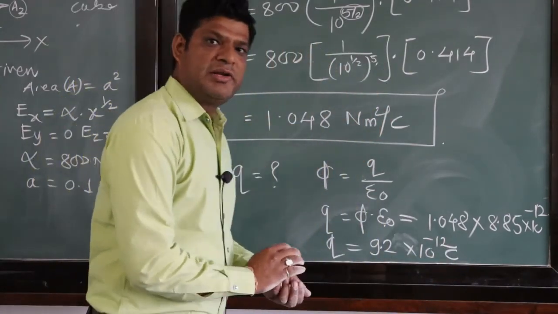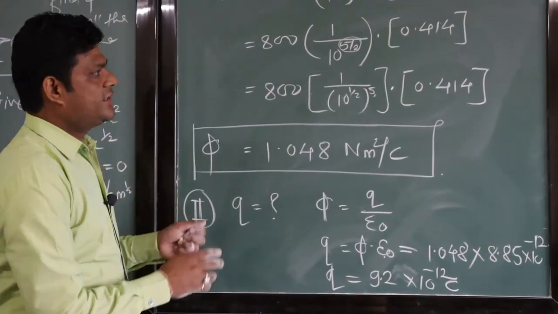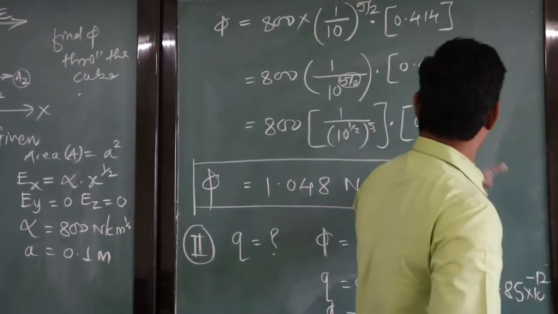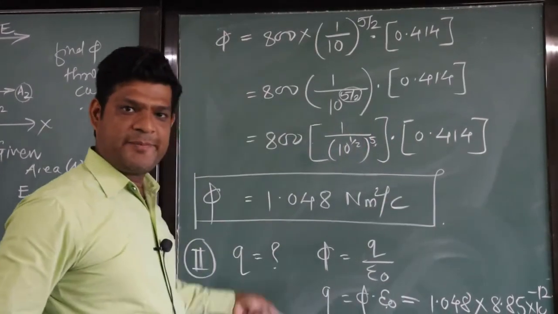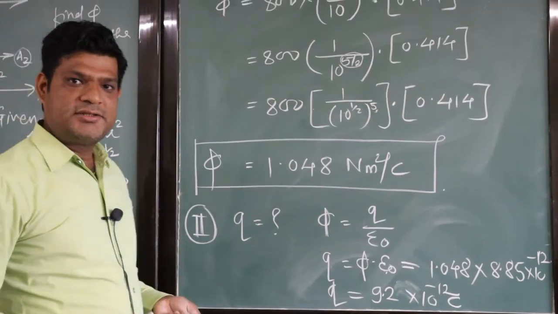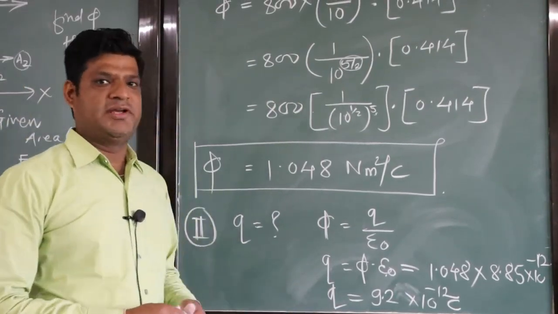Here your numericals ends, right. So, this is the numerical. You can take the screenshot of this board only, right. Here your numericals ends. So, in the next video we will see the next numerical. Thank you.